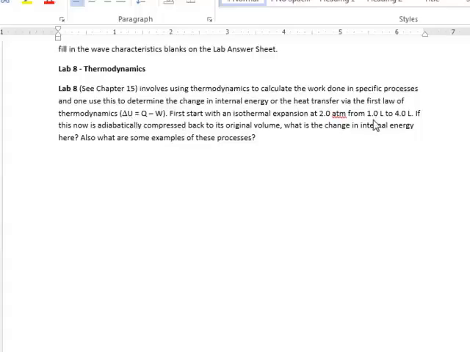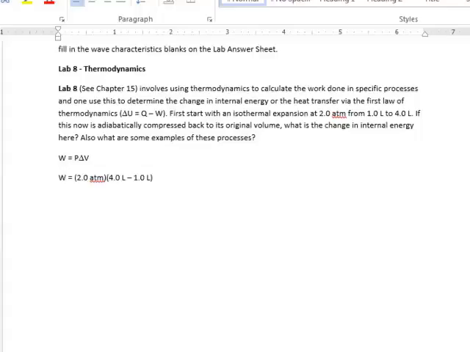Now, since there is a change in volume here, there is going to be work done, and remember, work is equal to this. Work is P delta V, or work is the pressure times the change in volume. So in this case, this is 2.0 atmospheres, and the change in volume is going to be 4 liters minus 1 liter. Now, there are some conversions you're going to need to do. You're going to need to convert atmospheres to pascals. You're going to have to convert liters to cubic meters, and then get an amount of work done from that.